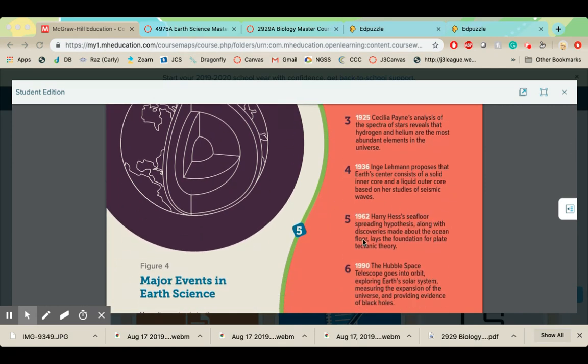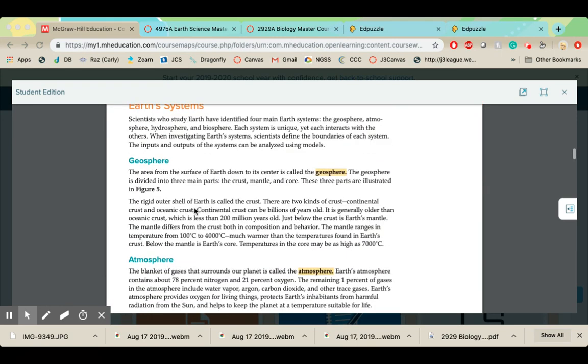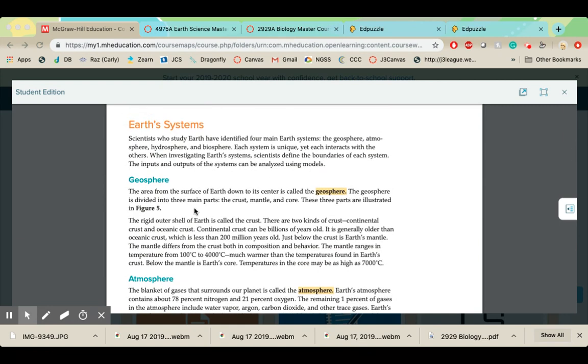And then it wasn't until the 1960s, this is crazy, that seafloor spreading and the fact that the seafloor is spreading apart away from each other and then collapsing in some area, like subducting, going underneath other things, was discovered. And that's when different projections about how the earth's land masses could have moved over time were figured out.